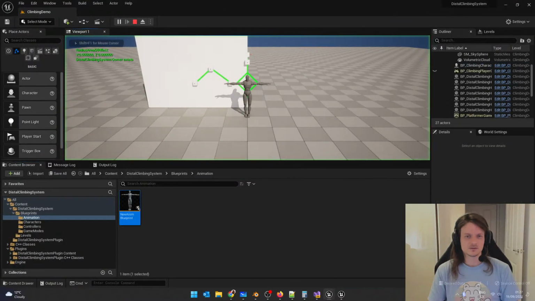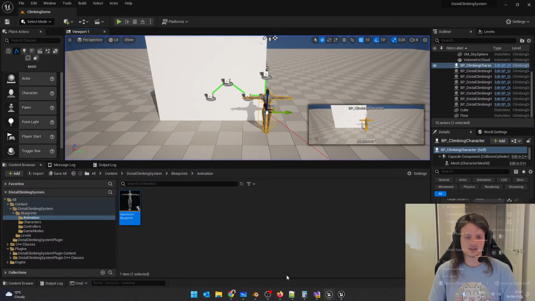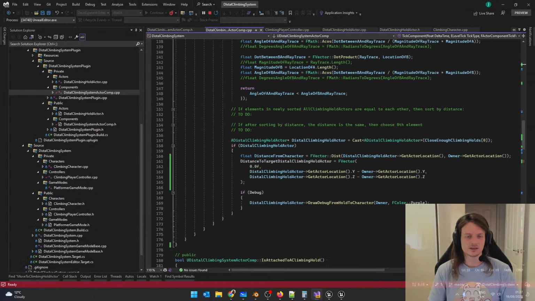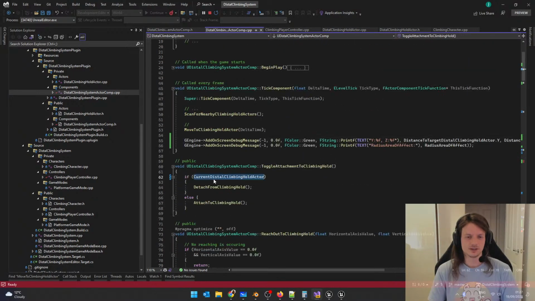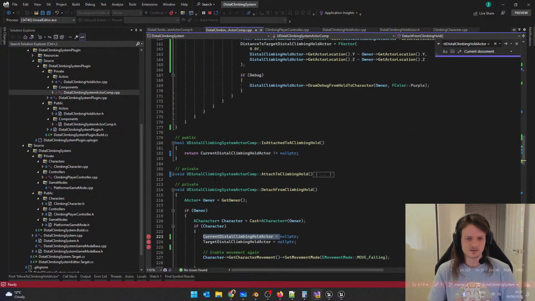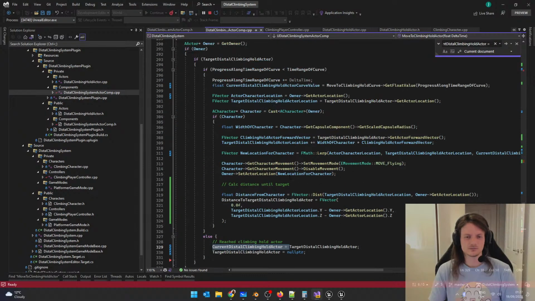Yep. Let's see. Nothing. So that means that the check for toggling is wrong. So let's see what I've done here. If the current one is something, then detach. So I guess this gets cleared out somewhere. Equals null. That's fine, but